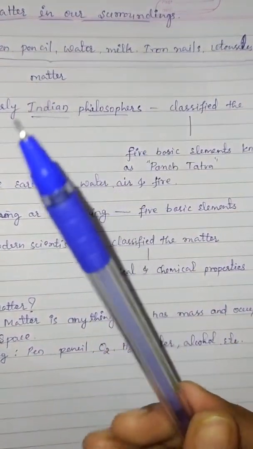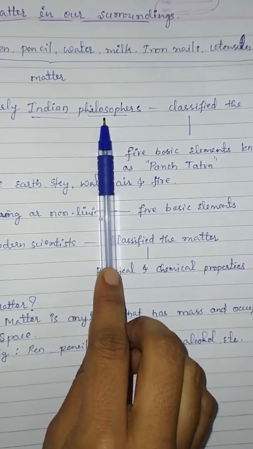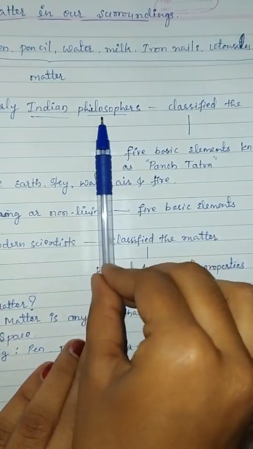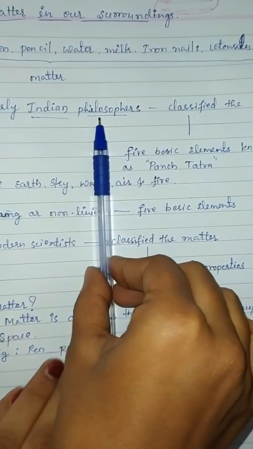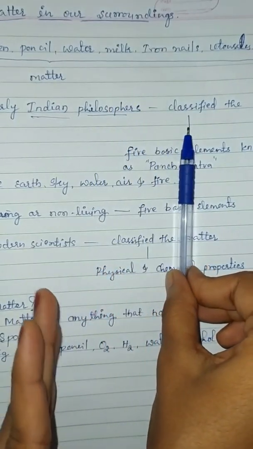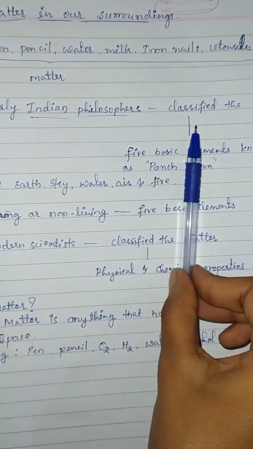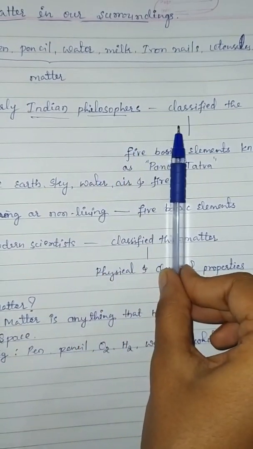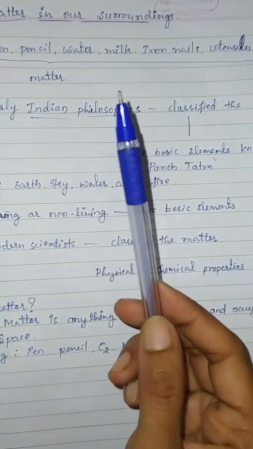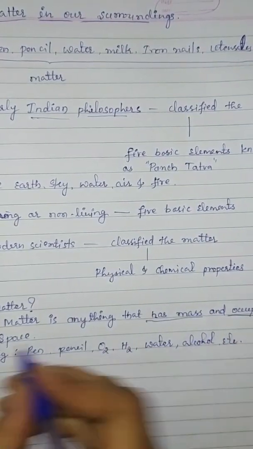Now see this pen. Now I am placing this pen on this paper. This pen is occupying some space on this paper, and this pen also has mass. I am lifting this pen from this position and placing it here. While lifting I need to spend some energy, or apply some force. Therefore, this pen is taken as a matter because it has mass and it occupies the space.